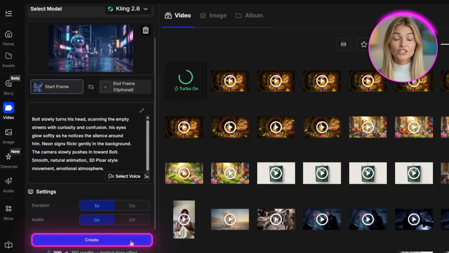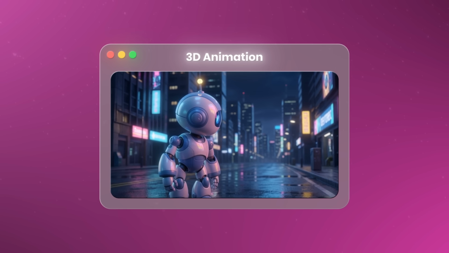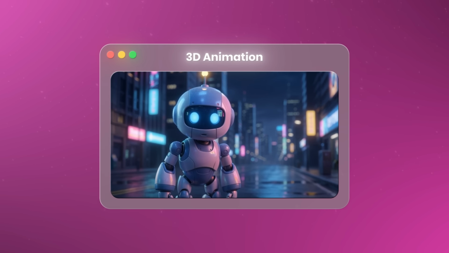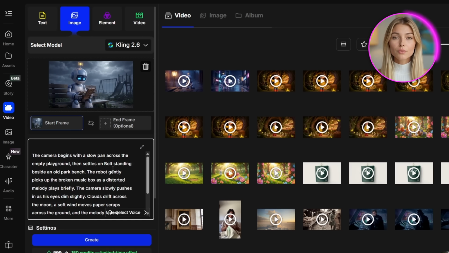Click Create. And just wait for this to generate. It usually takes about a minute or two. Okay, look at this. The animation is smooth and the 3D style stays perfectly consistent. This is exactly what I want. Now I'm going to speed through this part since the workflow is identical. You upload the image, set your duration and quality, write your motion prompt describing how things should move, and click Create. Let me show you one more example with Scene 4 so you can see how I handle a different